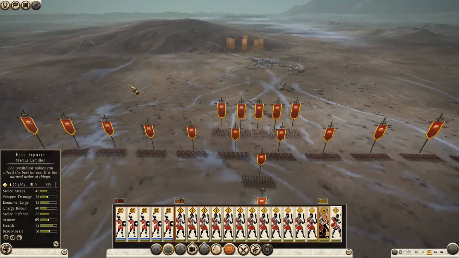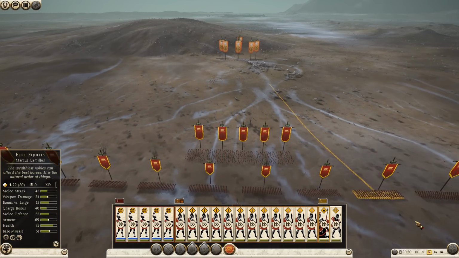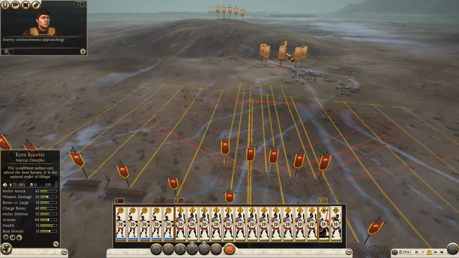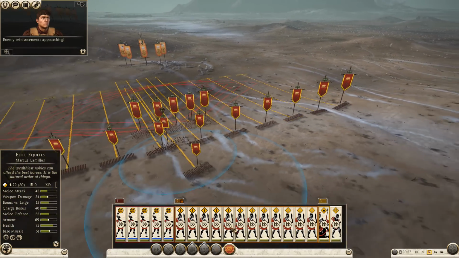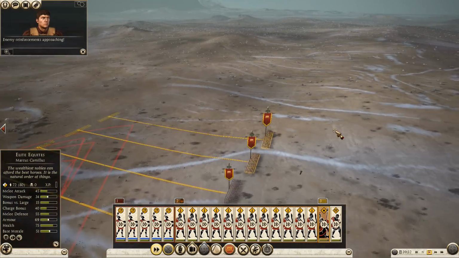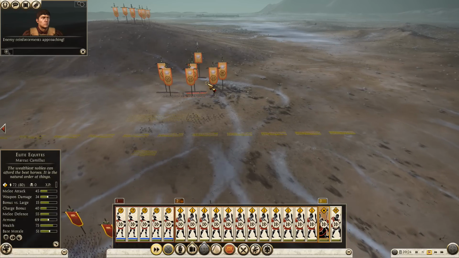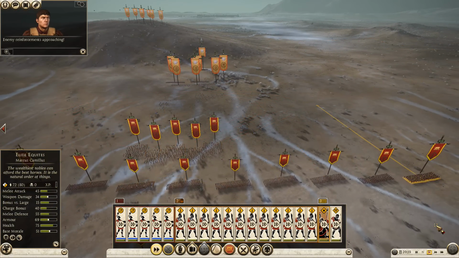Where are these suckers? Alright, you're not going to flee up that fucking mountain, are you? Enemy reinforcements approaching. That's their garrison. We should have some reinforcements ourselves. Where are you going, Equites? Where's our reinforcement? Not coming, obviously. But this is nice if they're moving into us, because we should be able to crush this force